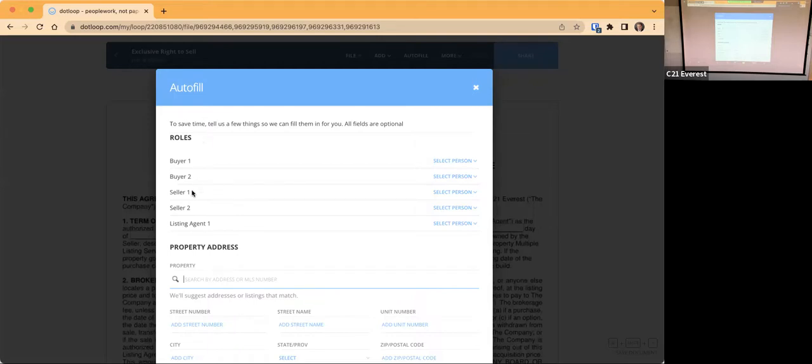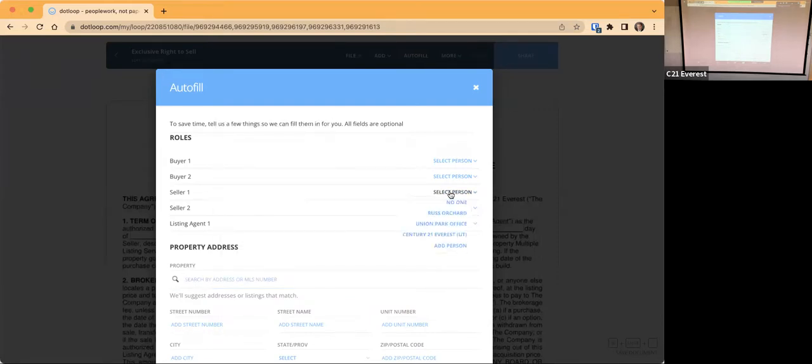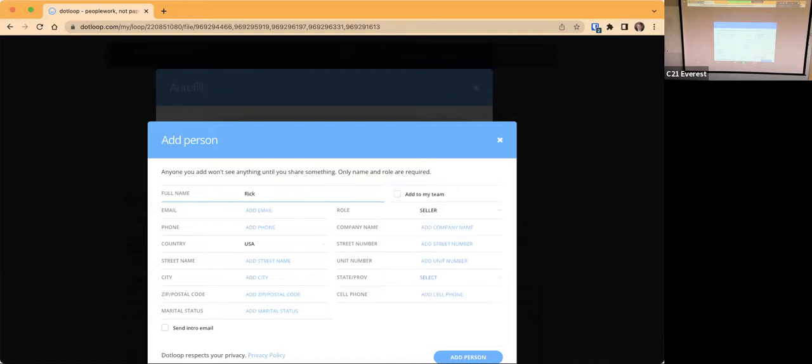So how I would do that is I would come down here, and because this is a listing side again, I don't know who the buyer is yet. So I'd come down here to seller and select person. You'll notice when I click on that, it gives me the option of no one, me as the seller, which I'm not, the office or the company, or add person. So you're going to do add person. And then from here, if I had the person already in the system, I'll just put in Rick